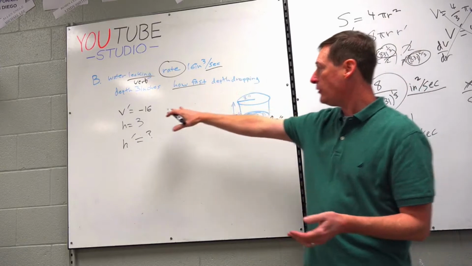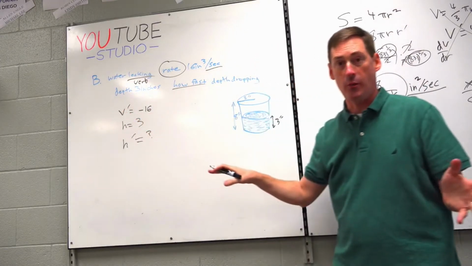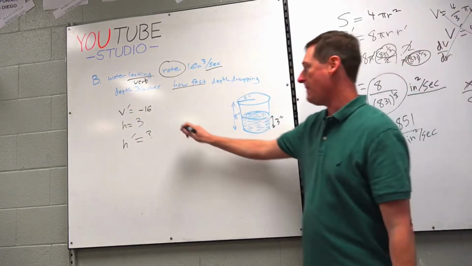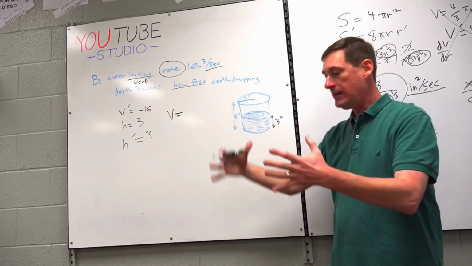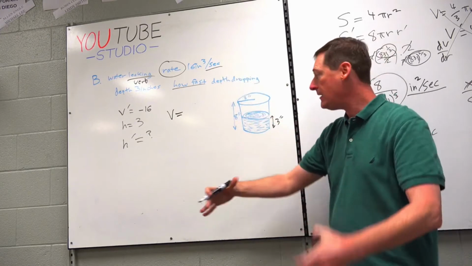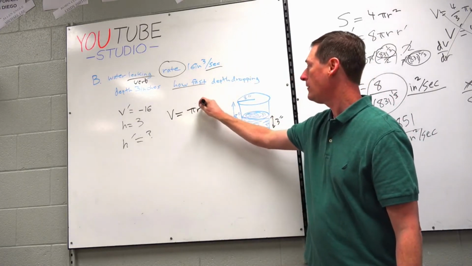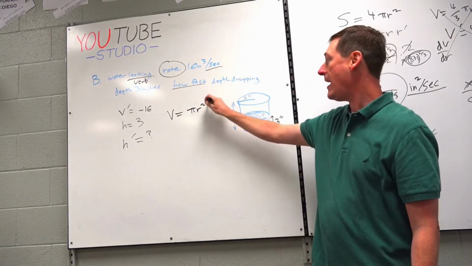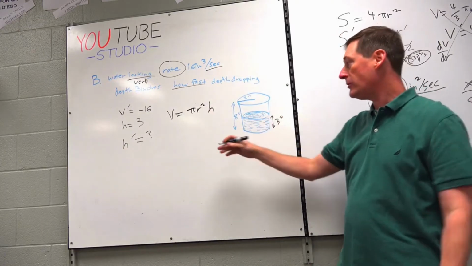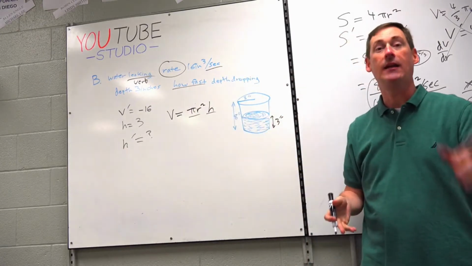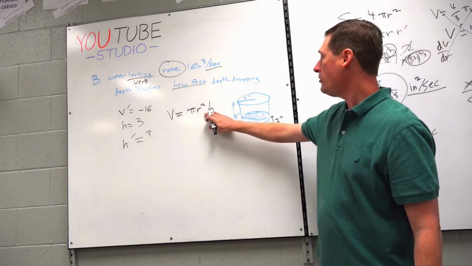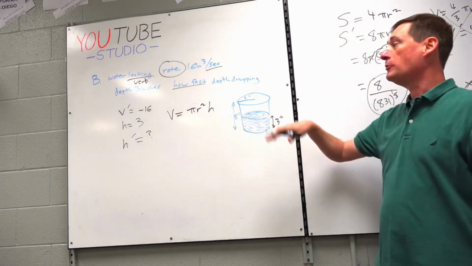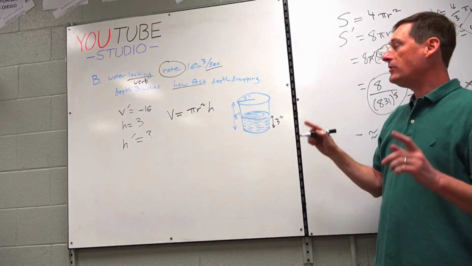The volume, we have to incorporate the volume of a cylinder somewhere. The volume of a cylinder is just base times height. The base is a circle, pi r squared, stacked h tall. If your teacher didn't tell you that it was just base times height, they were missing out, because that's really what it is. Okay, so volume of a cylinder, V equals pi r squared h,